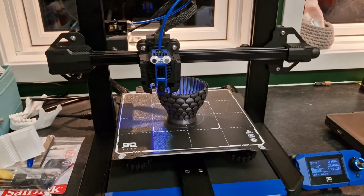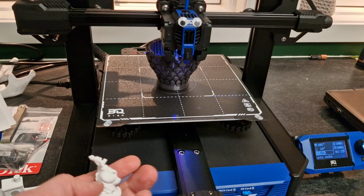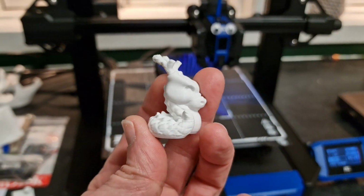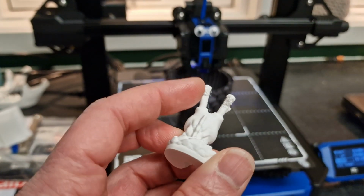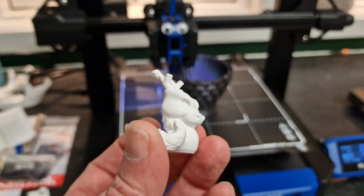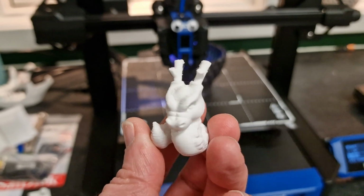80 did perfectly well. Now here are some other prints I did earlier, before I did any tuning. It's a standard calibration dragon. I don't know if you've seen this. It printed out very good until I got to the horns. Now, this filament I was using is a little bit weird. It's very old, so it was a little bit wet. I will definitely point that out, but I'm not going to use it as an excuse for the way